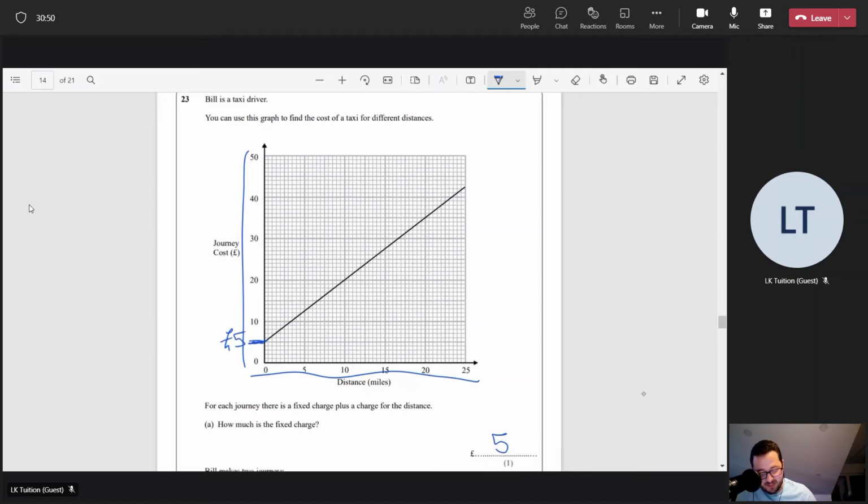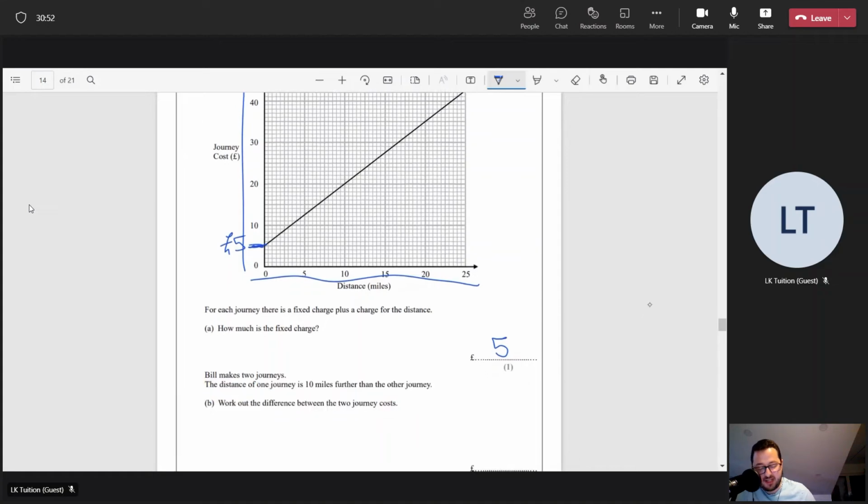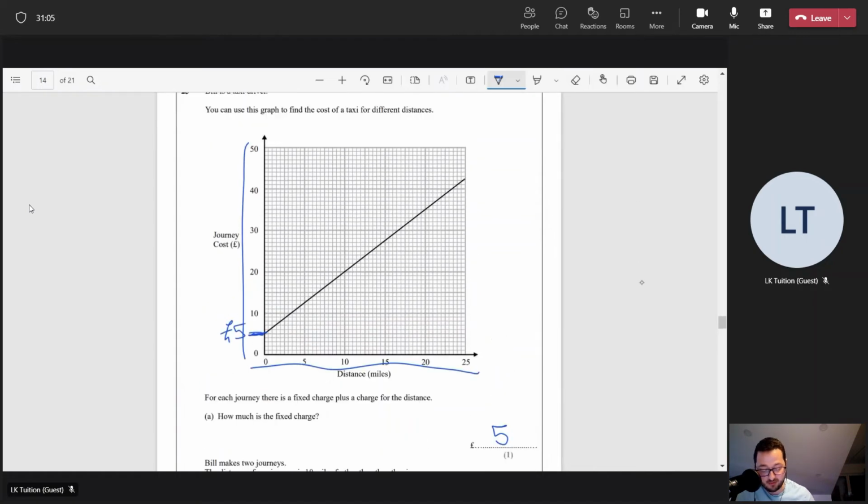Okay. Then it says, Bill makes 2 journeys. The distance of one journey is 10 miles further than the distance of the other journey. Work out the difference between the 2 journey costs. Well, we just need to figure out how much 10 miles is going to cost, and that'll be the difference. So what we'll do is I'm going to actually pick,